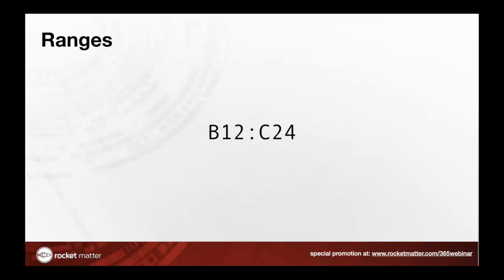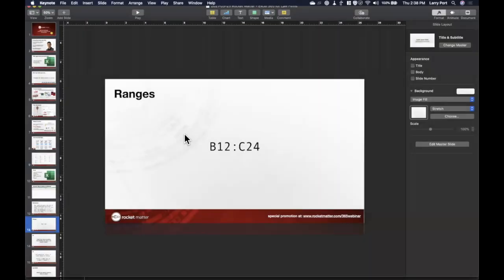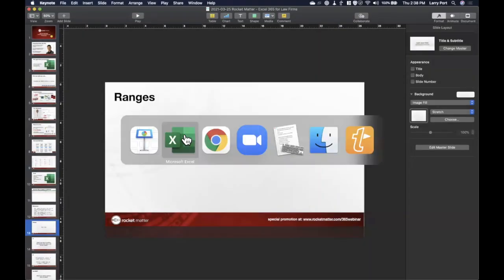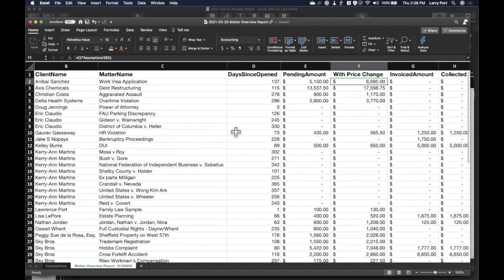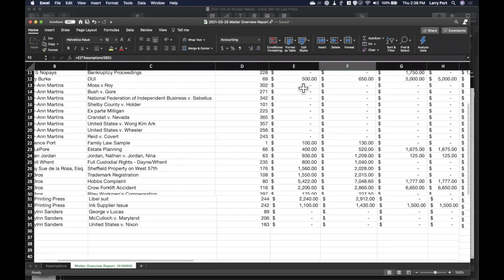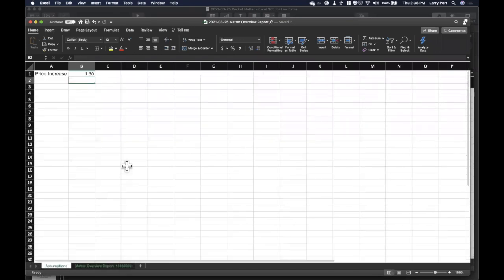Let's see. Lots of questions about the $ signs, which was explained. Do you know if there's a shortcut to anchor a cell rather than putting in the $ signs? There is a shortcut, and I know what it is on Mac, and I used to know what it was on PC. So if you know what it is on PC, let me know. Let me do it. On a Windows machine, it's F4.